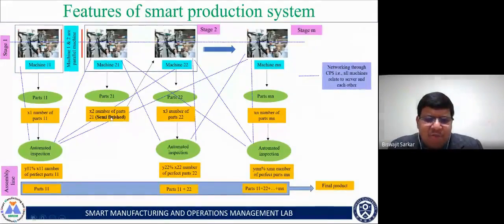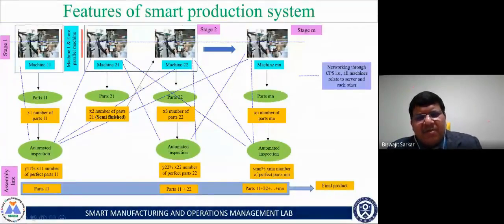So there are two types of names. One is semi-finished. Why? Because the computer is the finished product. In that sense, the hard disk (HDD) is considered a semi-finished product, but the hard disk is itself a finished product because it can be sold again. This double feature of such products is considered within this M cross N combination of